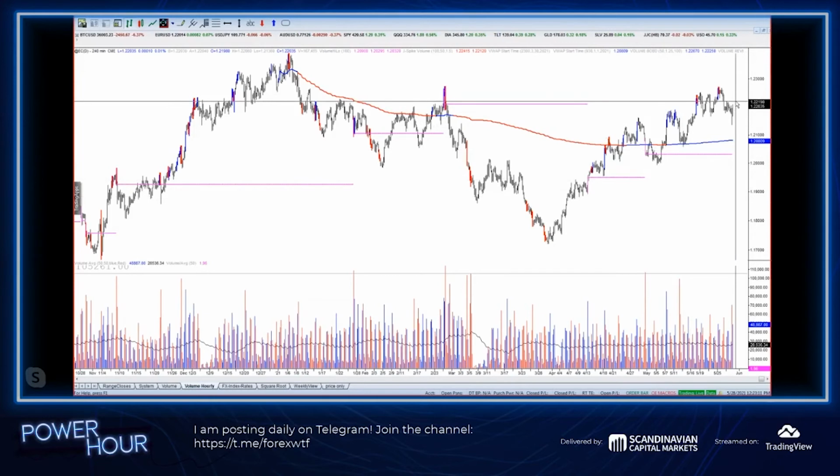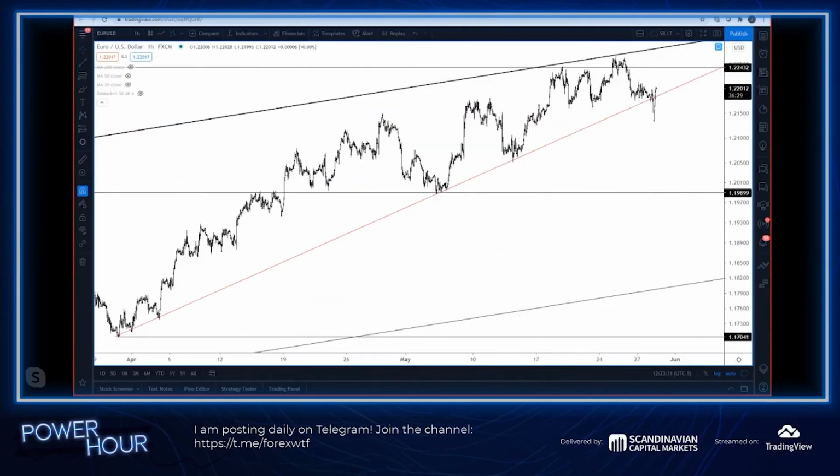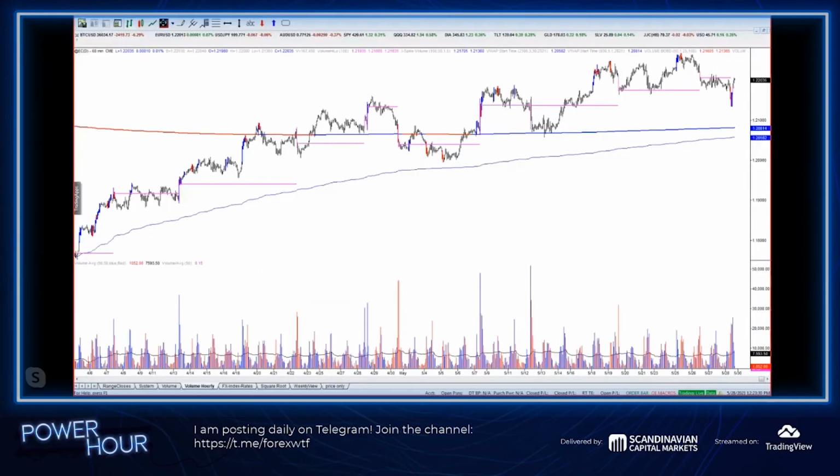So those are the two levels I head into next week looking for, right? Essentially 122.15 resistance and 120.60 to 120.80 support. Okay. All right. Moving on. Let's take a look at